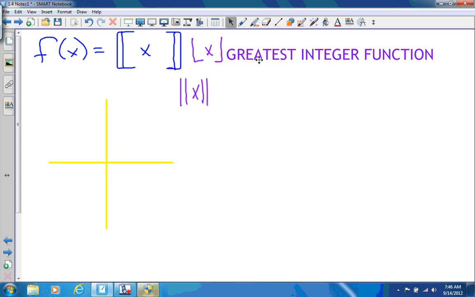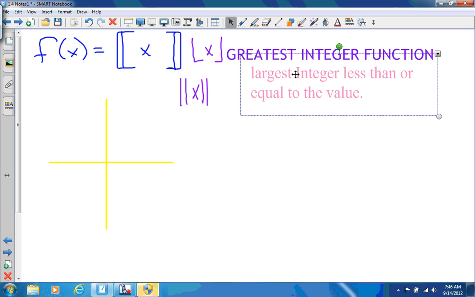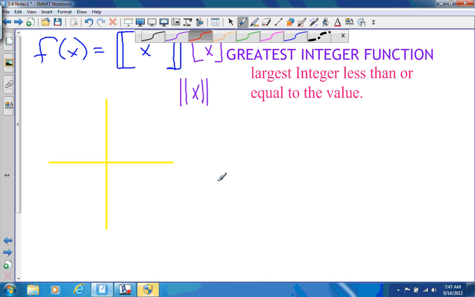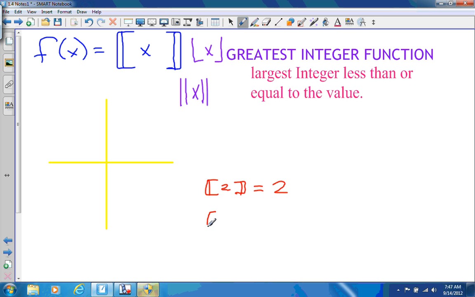The greatest integer function means it's the largest integer that is less than or equal to the value. So for example, if you have the greatest integer of 2, that answer would be 2. If you have the greatest integer of 2.3, that is still going to be 2. If you have the greatest integer of 2.67,